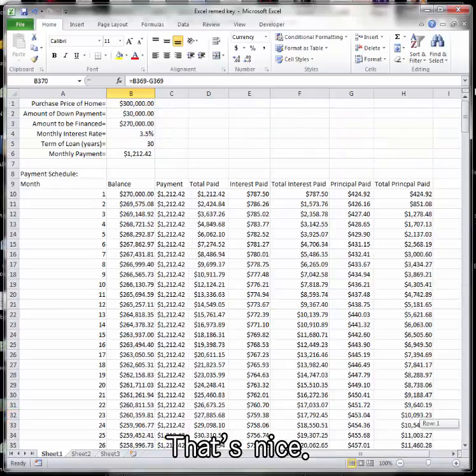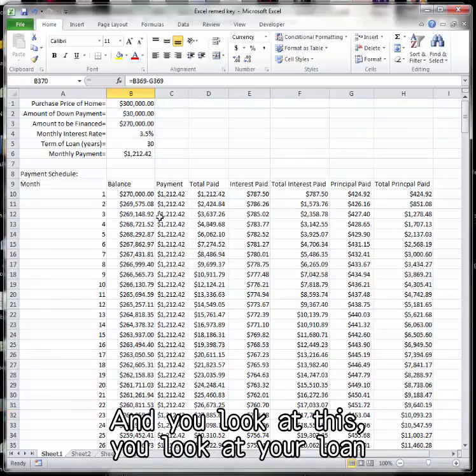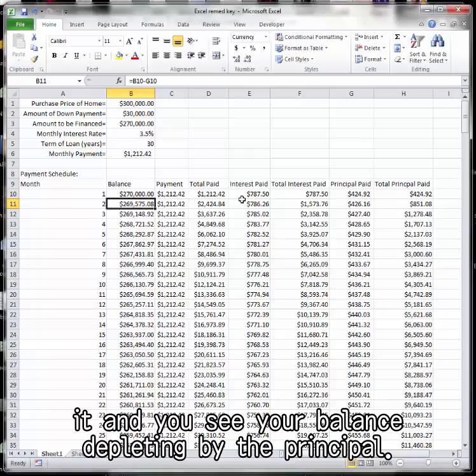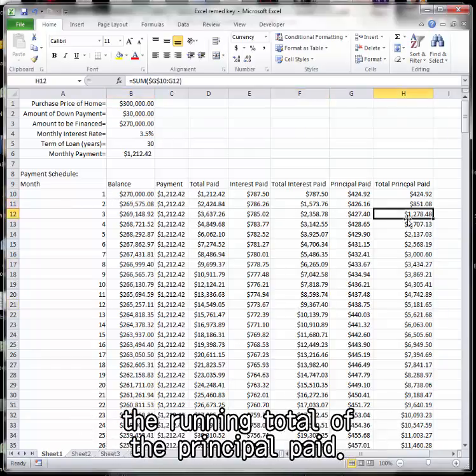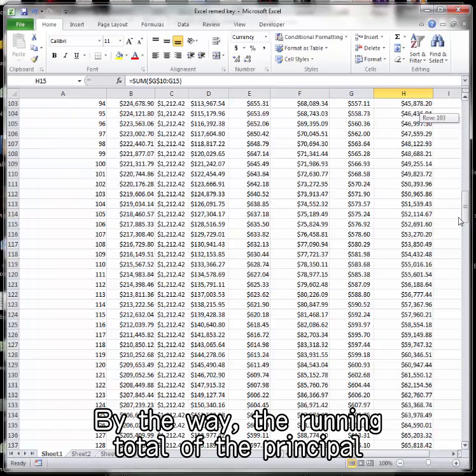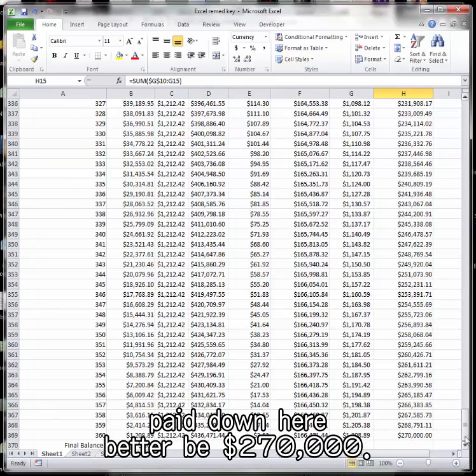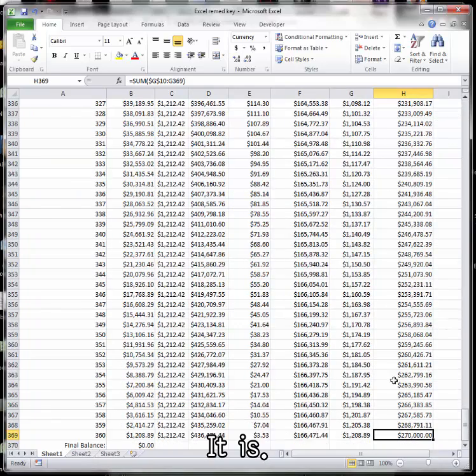That's nice. And you look at this, you look at your loan, and you see your balance depleting by the principal. You see the interest paid. This is the running total of the interest paid, the running total of the principal paid. By the way, the running total of the principal paid down here better be $270,000. It is. Look at how much